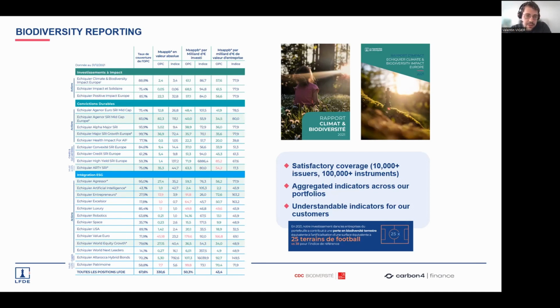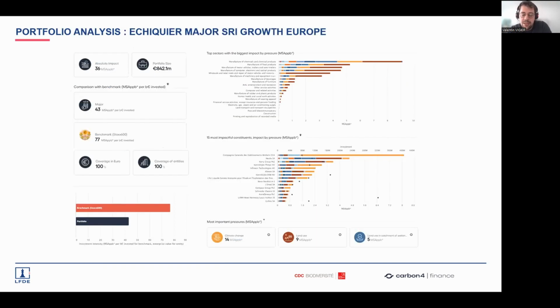For example, you can see on the left column, it's the coverage, and you can see that for specific funds investing in, for example, micro cap, the coverage is only 18%, but for the vast majority of our funds, the coverage is really satisfying, up to almost 100 for big cap in Europe. So it was a very first interesting step to be able to report to our stakeholders, and more specifically our clients, and to provide useful indicators for our portfolio management to be able to manage and to integrate more biodiversity